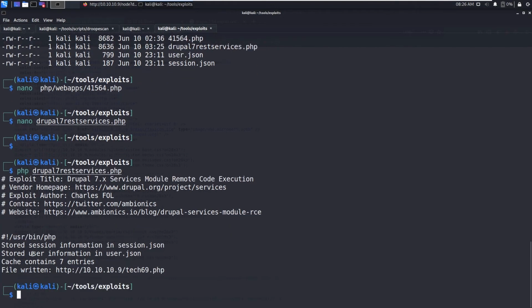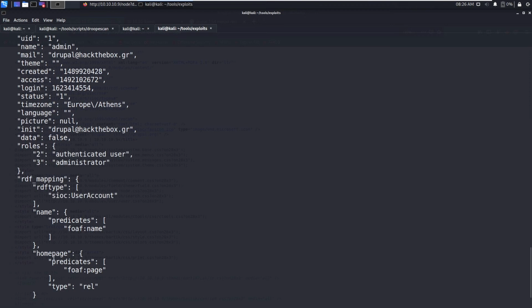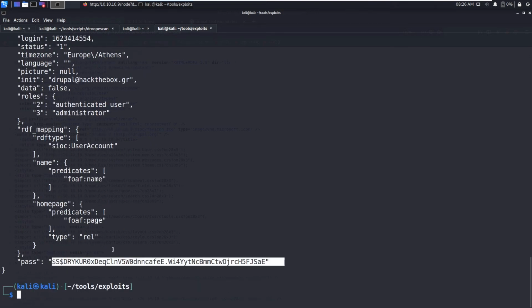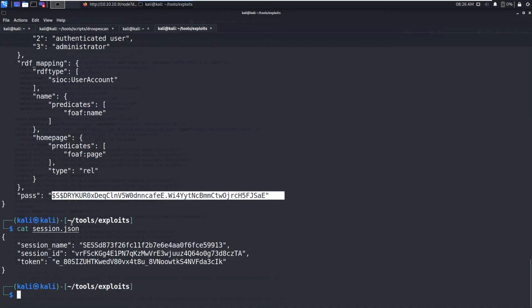You can see it stored session information in session.json and user information in user.json. cat user.json. You can see this is the admin and the password is this hash. You can crack this hash as well, and you can view the session information.